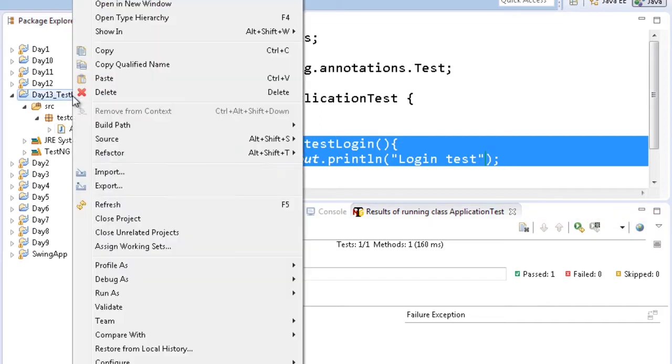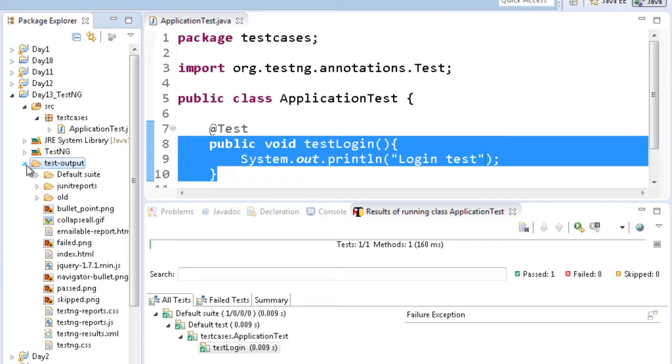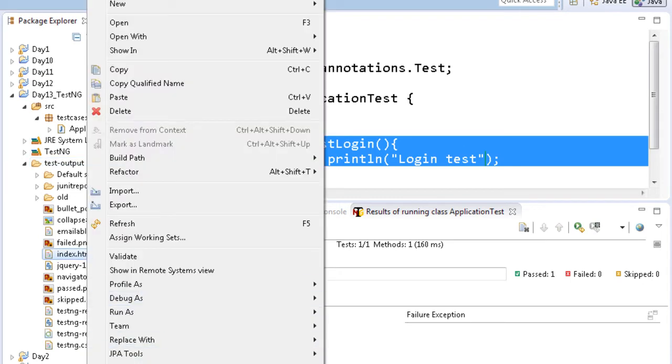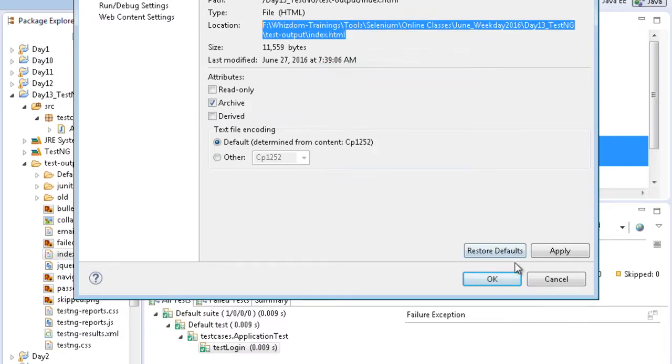Moreover, if you refresh this project, you will get a test-output folder. If you expand this folder, you will have index.html, which has the HTML reports from the execution. These are generated automatically. You can open it.